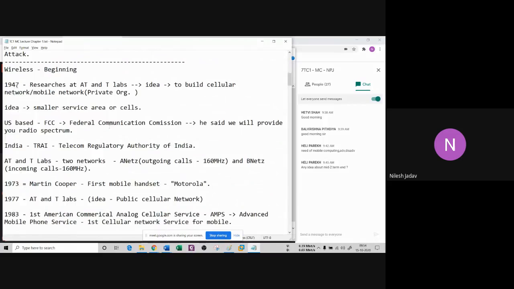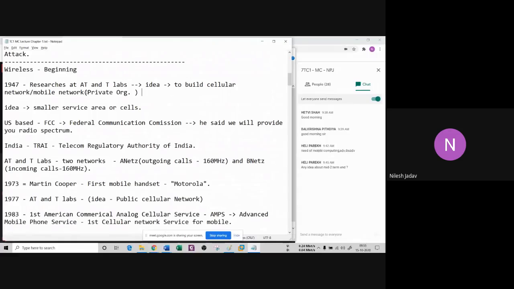So we have the year 1947. There is a research lab, AT&T Labs, and the researchers were having a prototype of an idea called cellular network. They have fixed networks such as ARPANET and all, but they do not have any idea on cellular network. But they are trying to build it. The prototype is for their own benefit. They are just creating it for some private organization and not for commercial purpose.